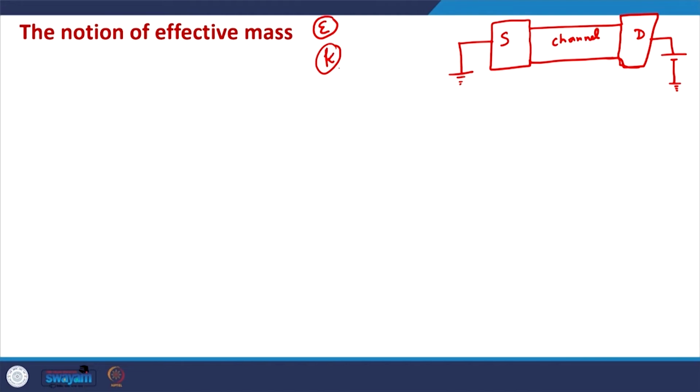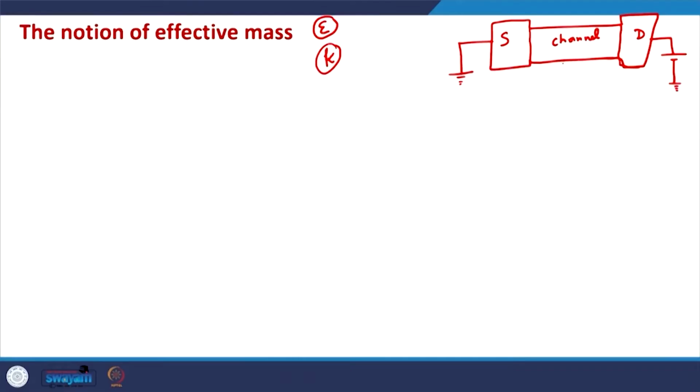So, in that sense, we have solved the Schrodinger equation where the energy and momentum are precisely defined. So, energy of the electron is precisely defined and the momentum of the electron is also precisely defined, but that is not sufficient for understanding the motion of electrons in actual solid. So, we cannot understand the motion of electrons in solid using this,